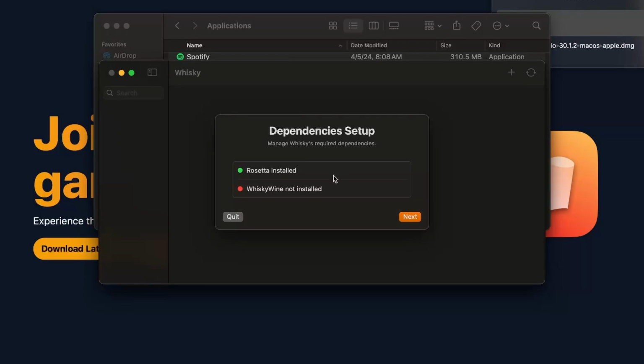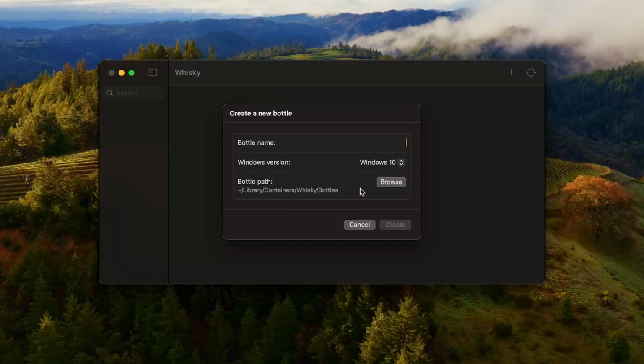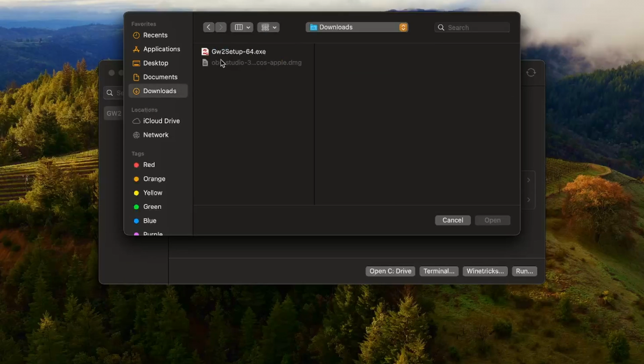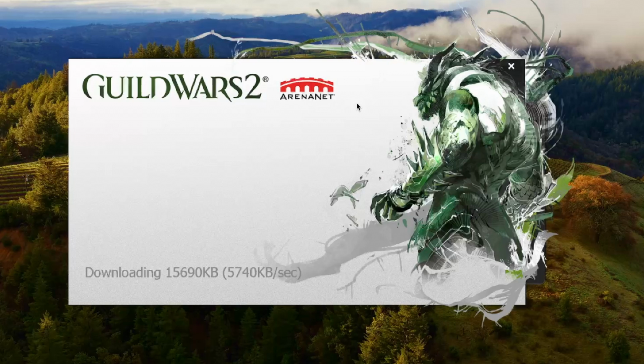Then fire it up and it will prompt you to install Wine libraries and just let it do its thing. Then create a bottle, which is kind of just a container for the Windows app to live in. It will take a minute or two to finish, and once you see the spinner stop spinning, just click Run. Then select the Guild Wars 2 installer you downloaded earlier, and the rest is basically going to be the same